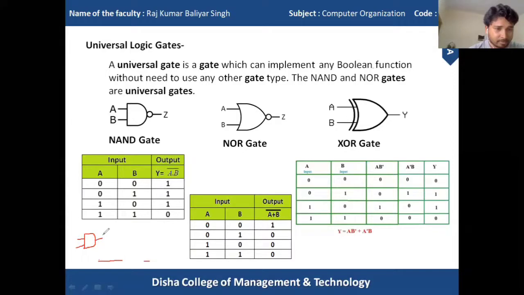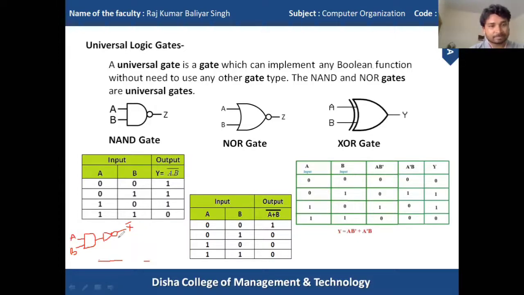If the output of the AND gate is connected with a NOT gate, then I can get a NAND gate. If I supply here A, B, I will get this X naught, which is the output of the NAND gate.